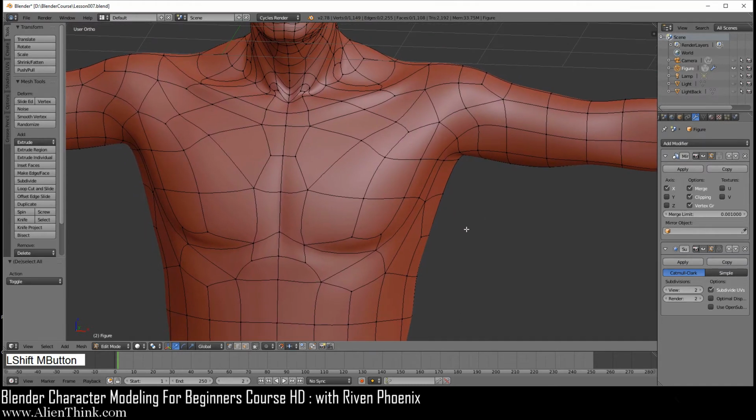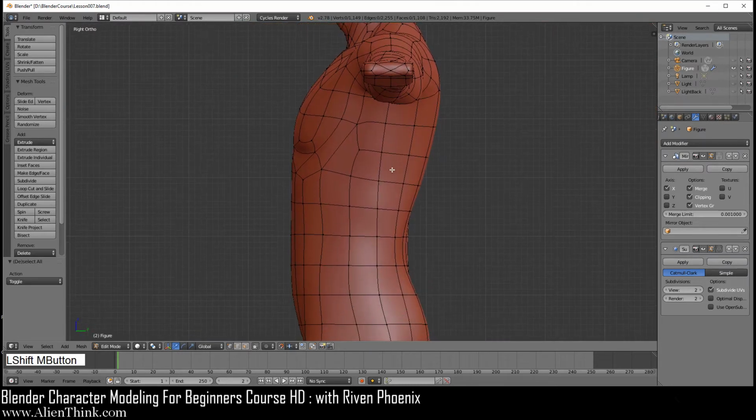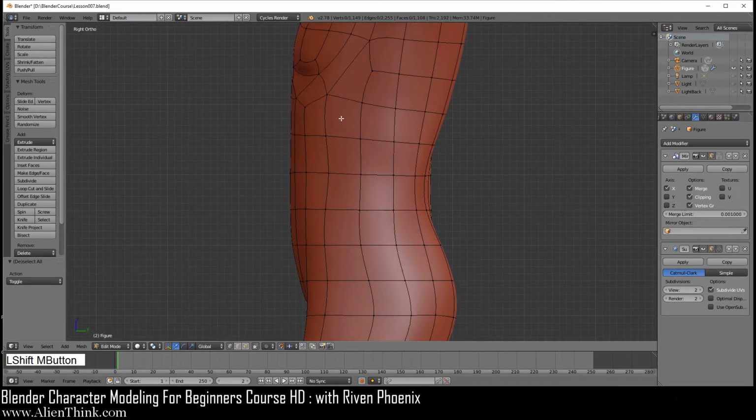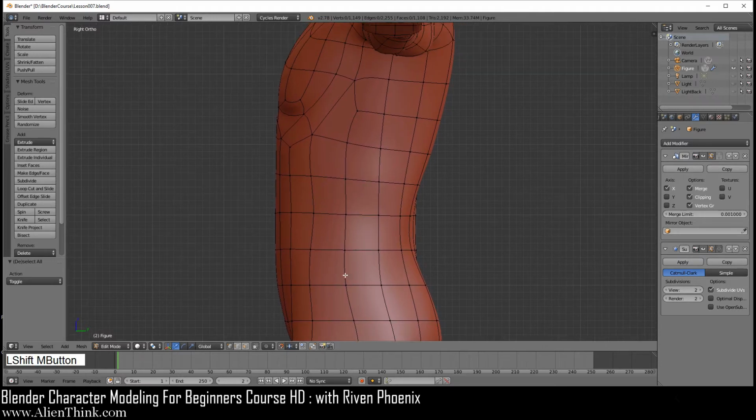Okay. So now here in the back, you're going to get your trapezius, you're going to get your dorsi, then you're going to get your serratus muscles, then you're going to get your obliques, your love handle, which is basically part of the obliques, and then you're going to get your abs. We're not going to look at the abs in this lesson. We're going to do that next. But right now, we're just going to define these concepts: the serratus muscles, the love handles over here.